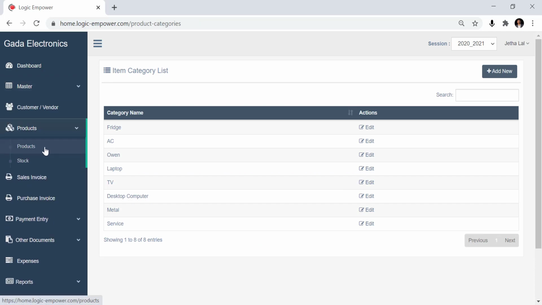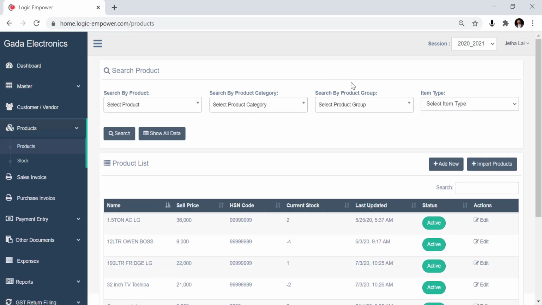Now come to the product. To add a new product manually, you can click on add new.